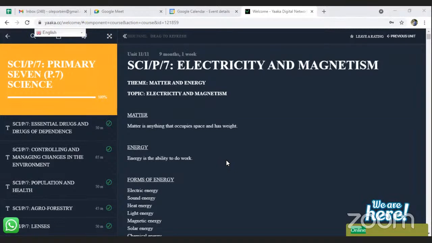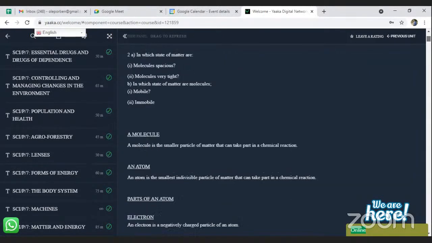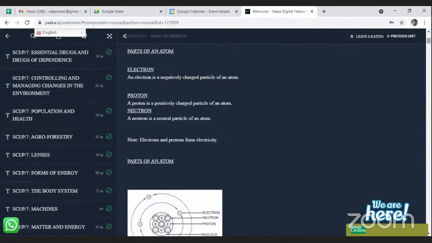third term. But as you know, primary 7, we don't wait until it is third term. We cover all that work by second term, it should be done. Then third term will strictly be revision. So these are the units that we have for primary 7. These are the units. Last time I told you that you would go through machines, matter and energy as the